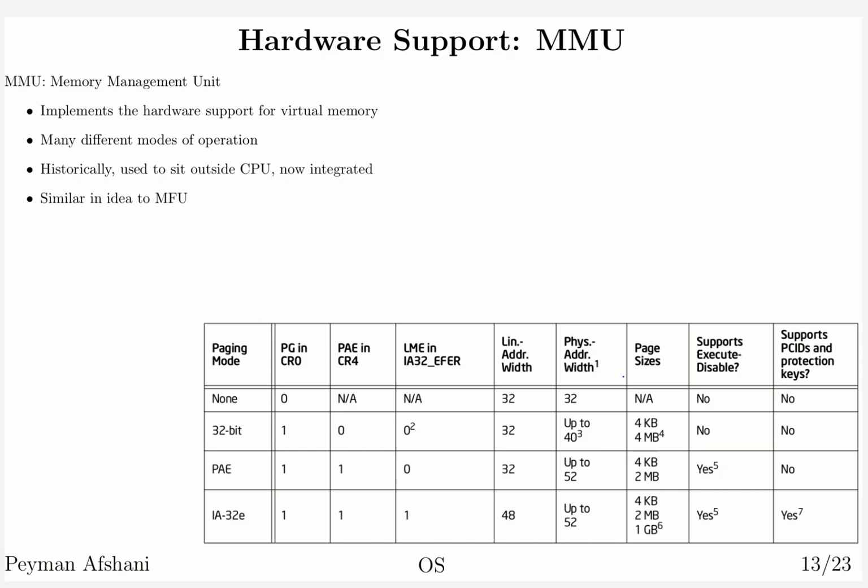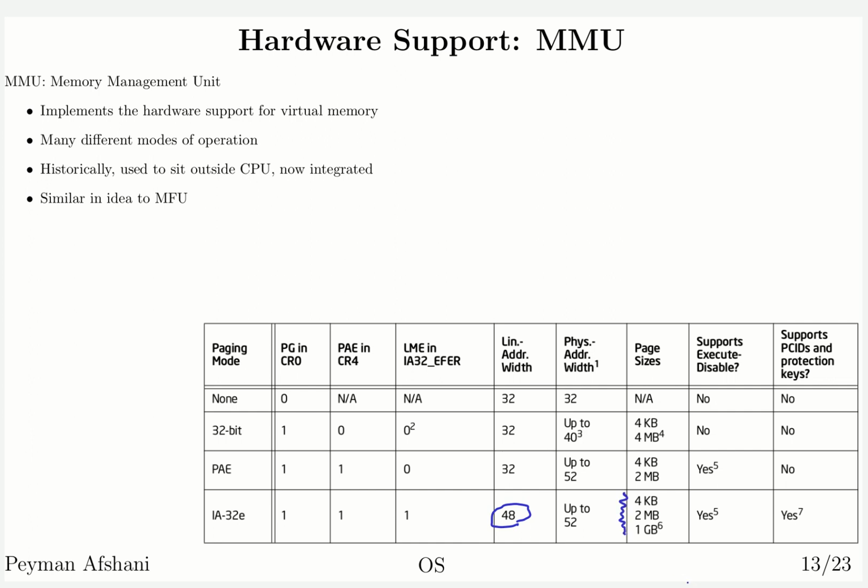This is the translation process that is used in practice. For example, if you look at Intel manuals, you will see a table like this. Intel, again, is terrible with naming things. So this IA32E is basically the 64-bit mode of operation. Why they call it 32E, don't ask me. Intel might be good at making chips, but they can't name things. So in this mode of operation, you have 48 bits of virtual address,